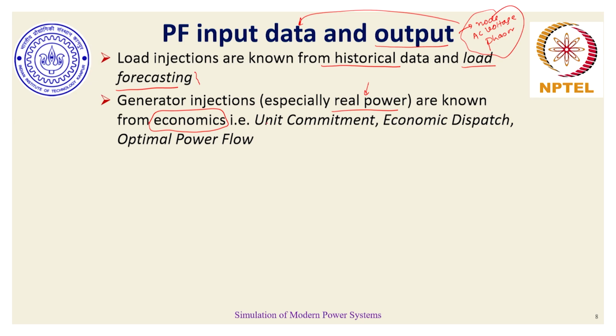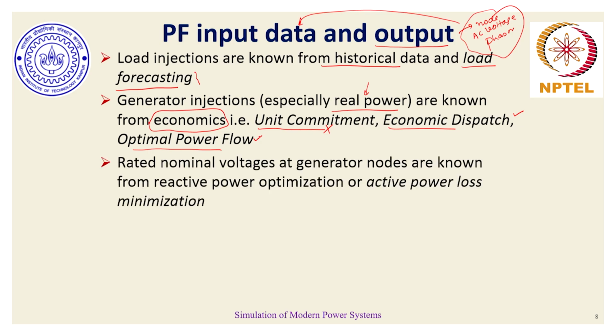The optimization exercises are called unit commitment, economic dispatch, and optimal power flow. Unfortunately, I'll not be able to discuss much about unit commitment in this course, but I'll definitely touch upon economic dispatch in the power flow analysis module, hopefully in the beginning of third week sometime. And we will also talk briefly about optimal power flow when we start with the second module.